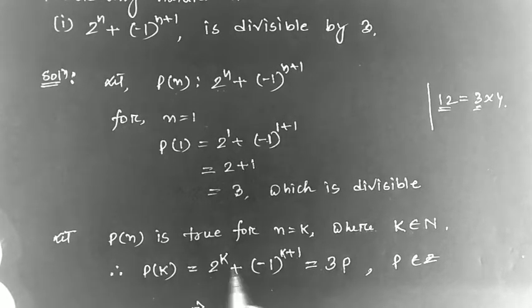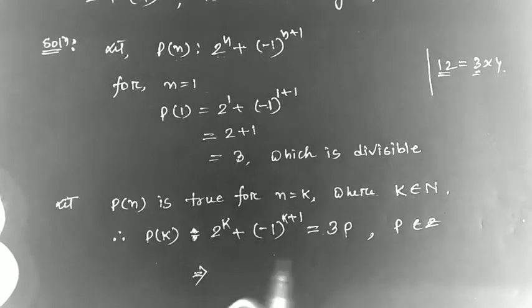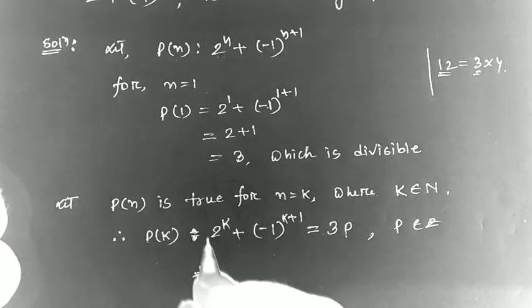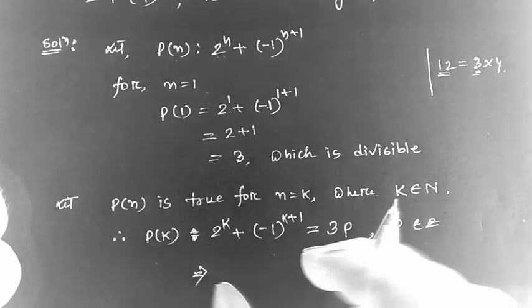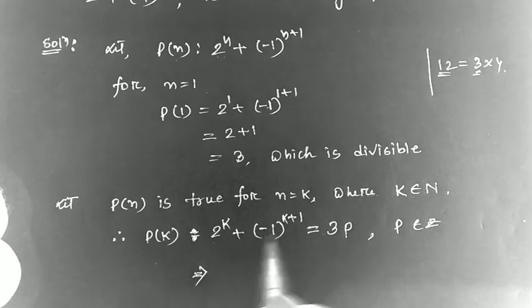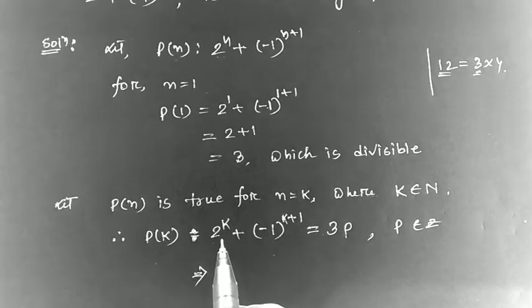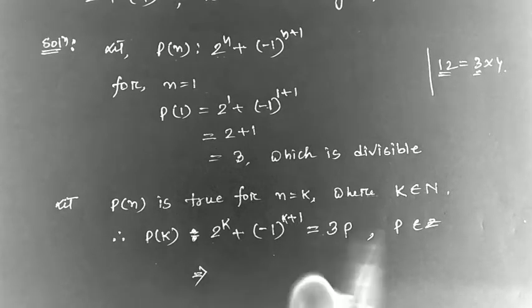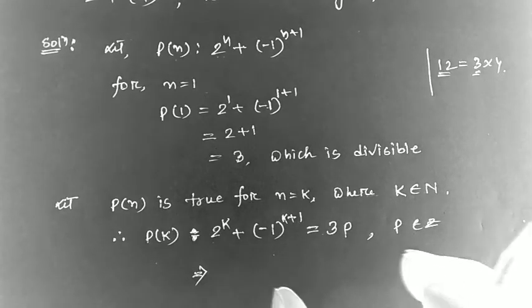Now from this equation, we will find the value of, in every step you have to do this, in every sum. In this sum, first of all we keep this term on the left hand side and take all the other terms to the right hand side. Remember, this step is very essential for this type of sum, and you have to do the same thing always in all the sums.